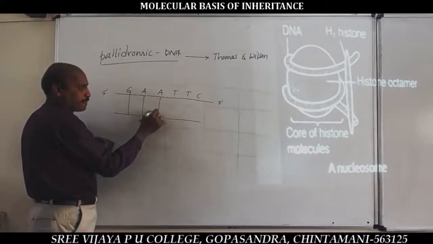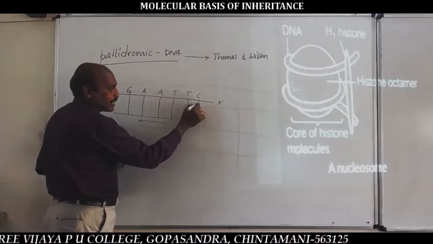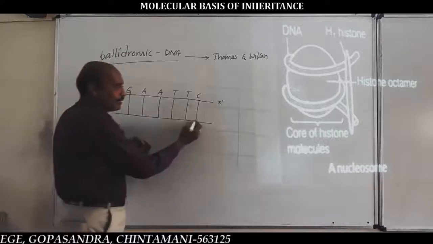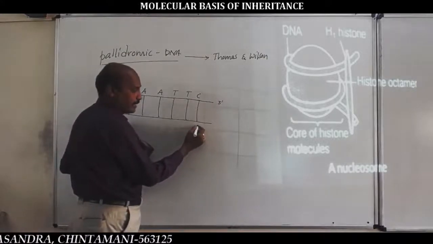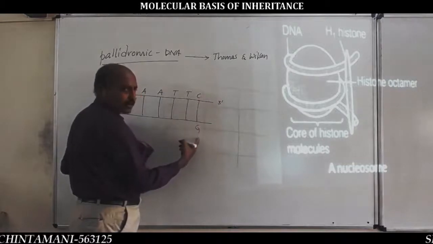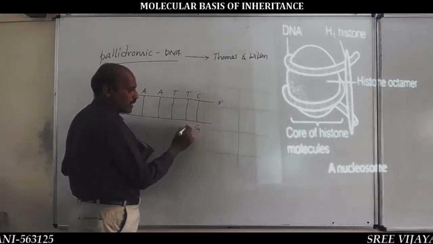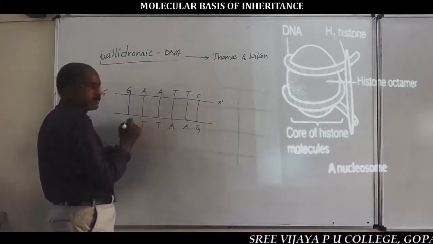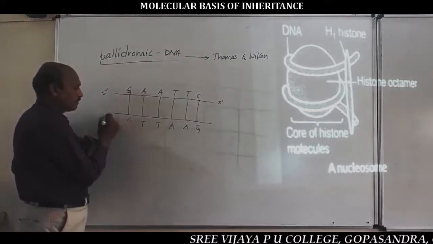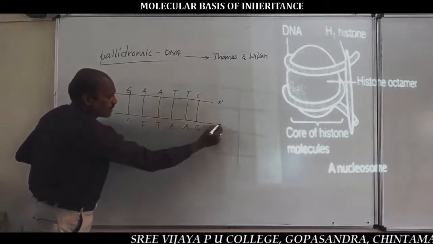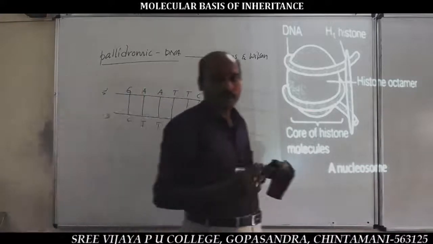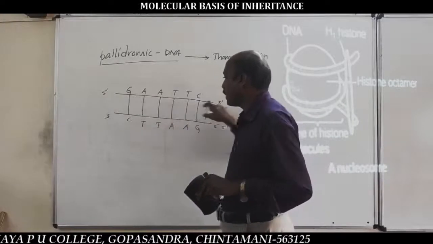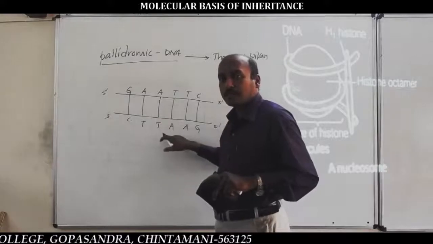While in the 3' to 5' direction, the DNA strand's nitrogen bases are complementary: opposite to cytosine is guanine, opposite to thymine is adenine, adenine, thymine, adenine, thymine, guanine, cytosine. This is the 3' to 5' DNA. So, a DNA in which the nitrogen base pairs are the same in both forward and backward direction is called